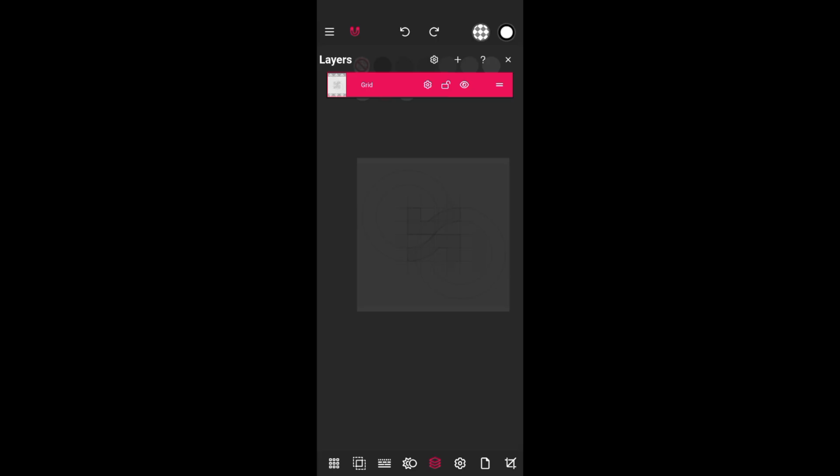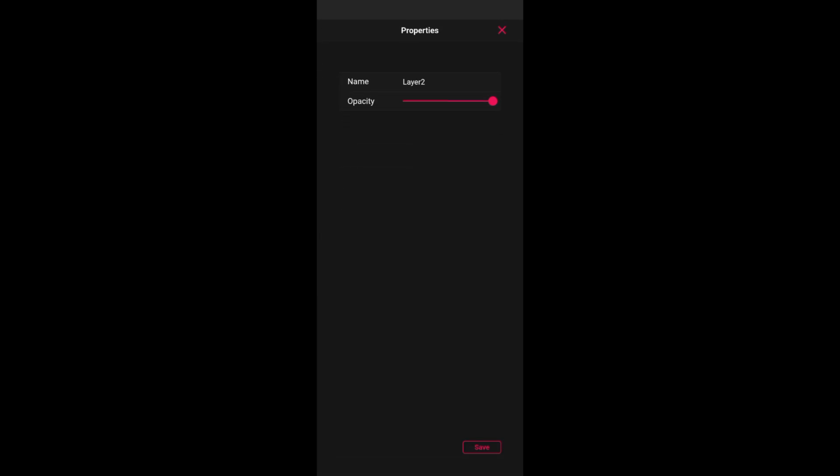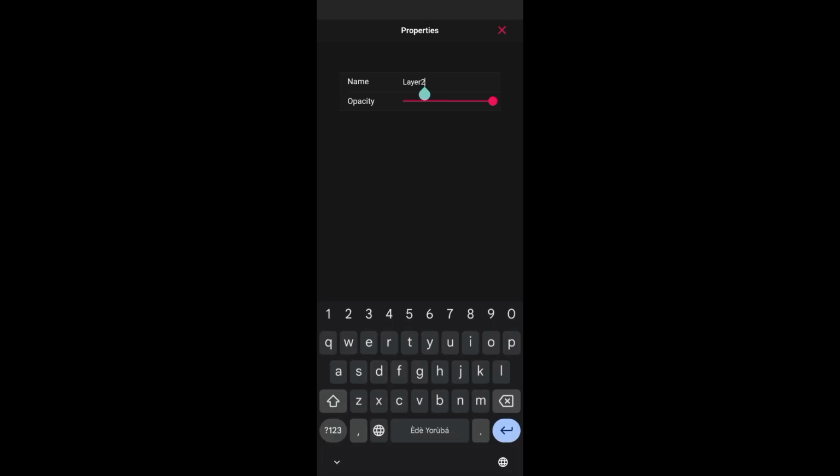We named this grid. With this grid, we are not going to do anything on it, but we are going to create a new layer. This new layer is what we will be designing on, so that if we need to correct anything, it is very easy for us to correct, rather than designing on the image we brought in. So click on Add right here. You have an empty layer, so click on settings and rename this layer, and name it logo,